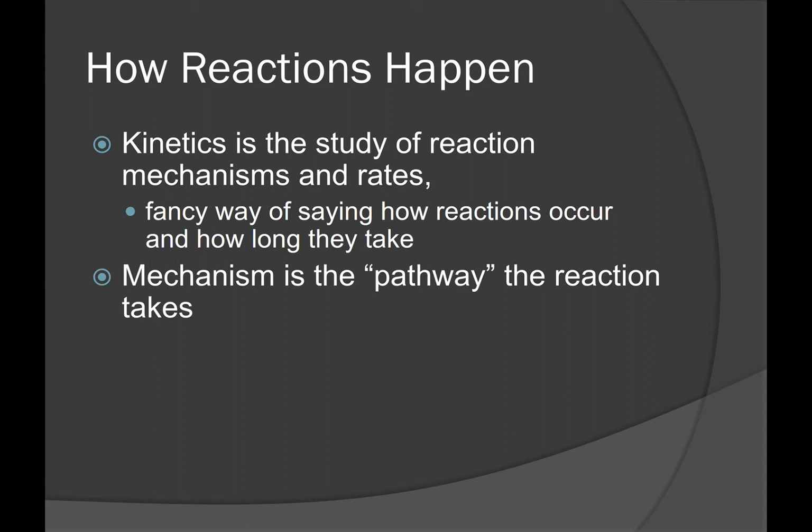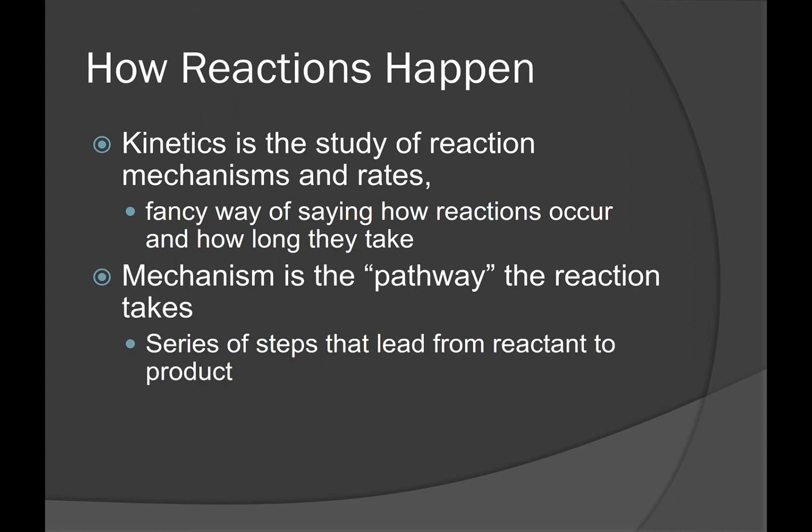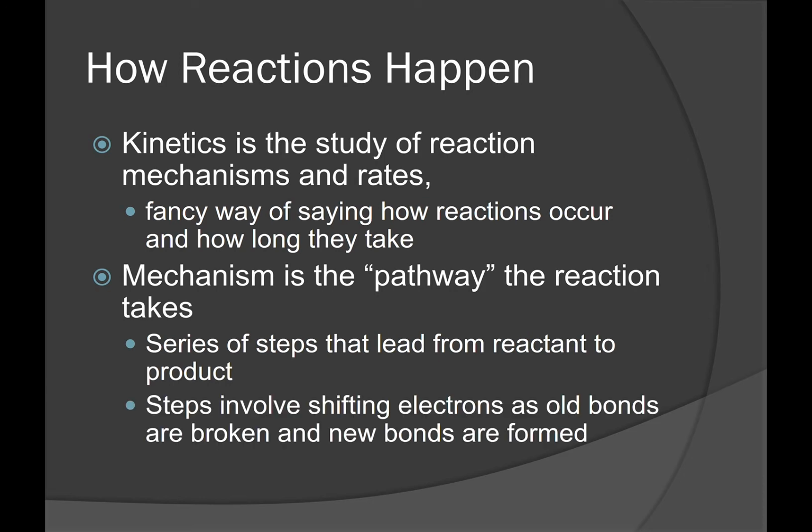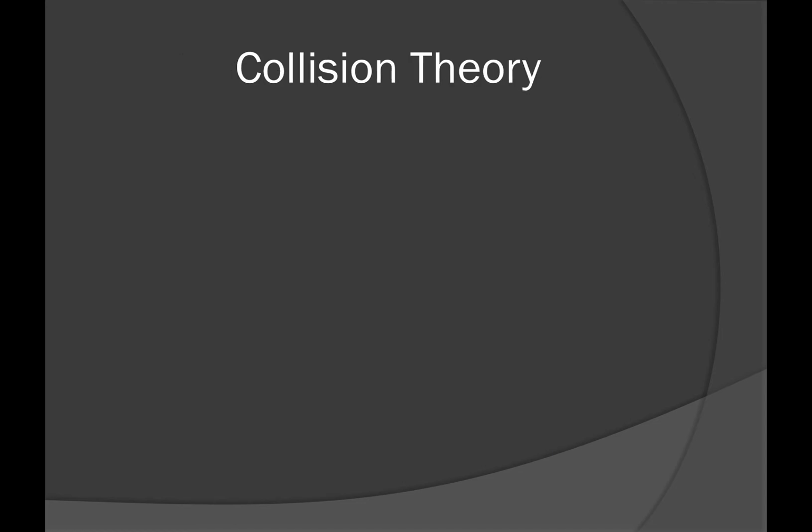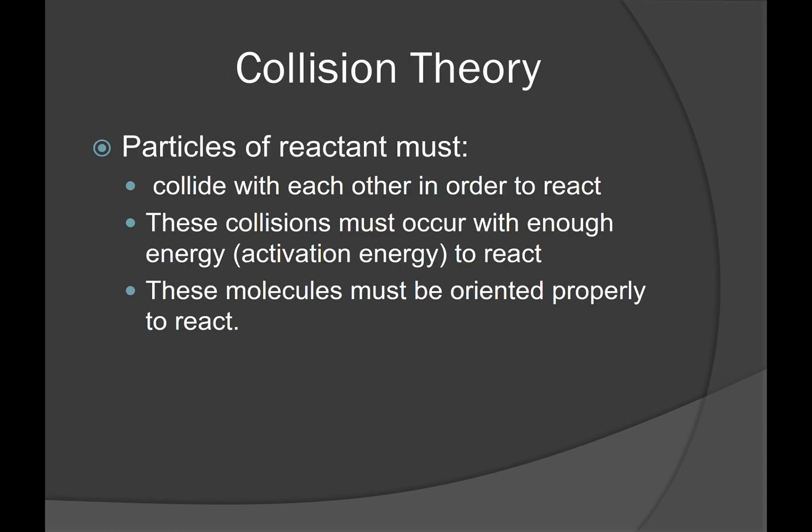Now the mechanism itself is really the pathway or the process that the reaction is going to take. The pathway that it takes from reactants, where we start, to products, where we finish. The steps from reactants to products along the pathway involve shifting electrons as we break old bonds and form new bonds. Now, collision theory